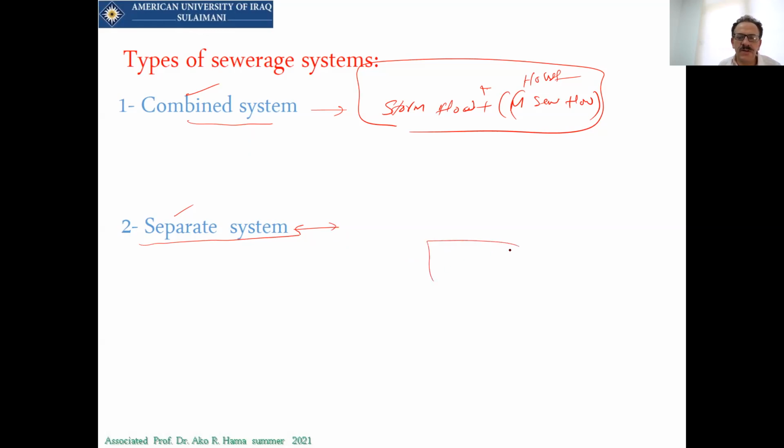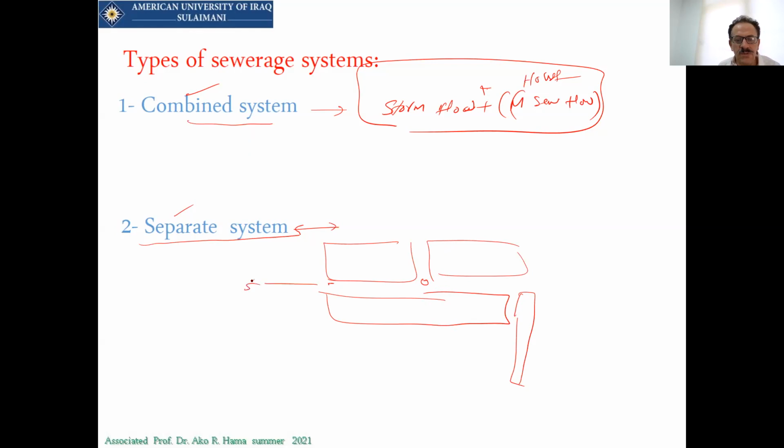If you have an area like this, an area like this, and an area like this, when you put a manhole here, for the storm we usually use the street gully, and there will be collection for the street here, and collection for the street here. This is called separate. The houses should not connect their waste to these pipes. This will be illegal.